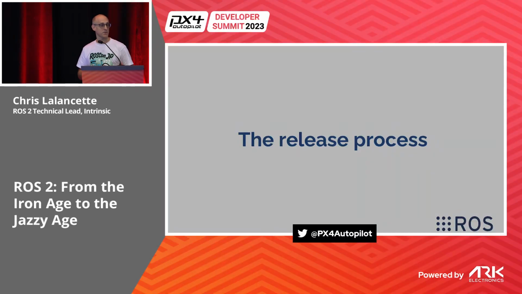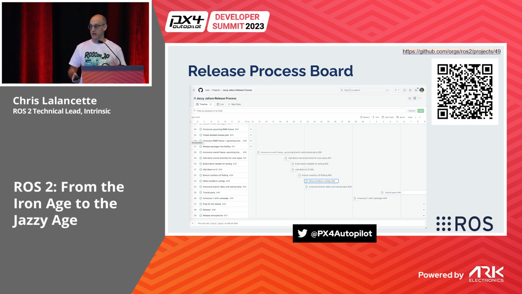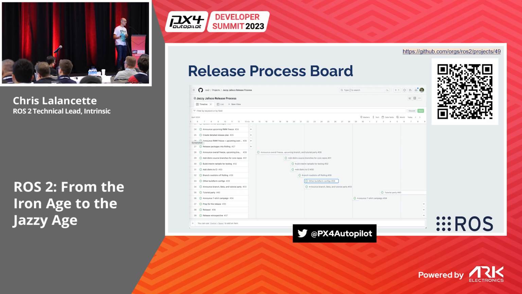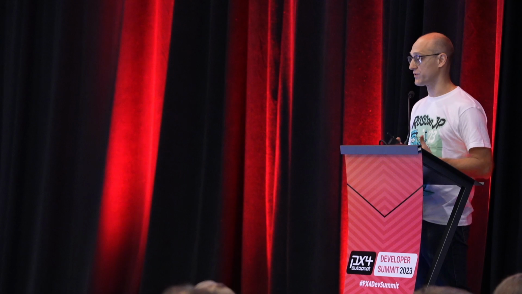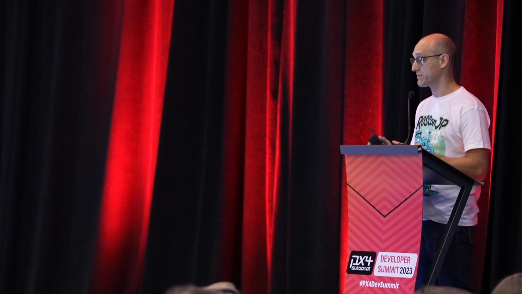All right, so now I'm going to talk about the release process. The release process takes about 400 days, from starting from the naming all the way until we press the big red button to do the release. And we have about 40 steps. This is actually brand new, where we opened up all of the steps with a lot of details on how the release is done. We've always had this internally. This is how we've done the releases for years, but we've opened this up so that people can get a better idea of how this goes.